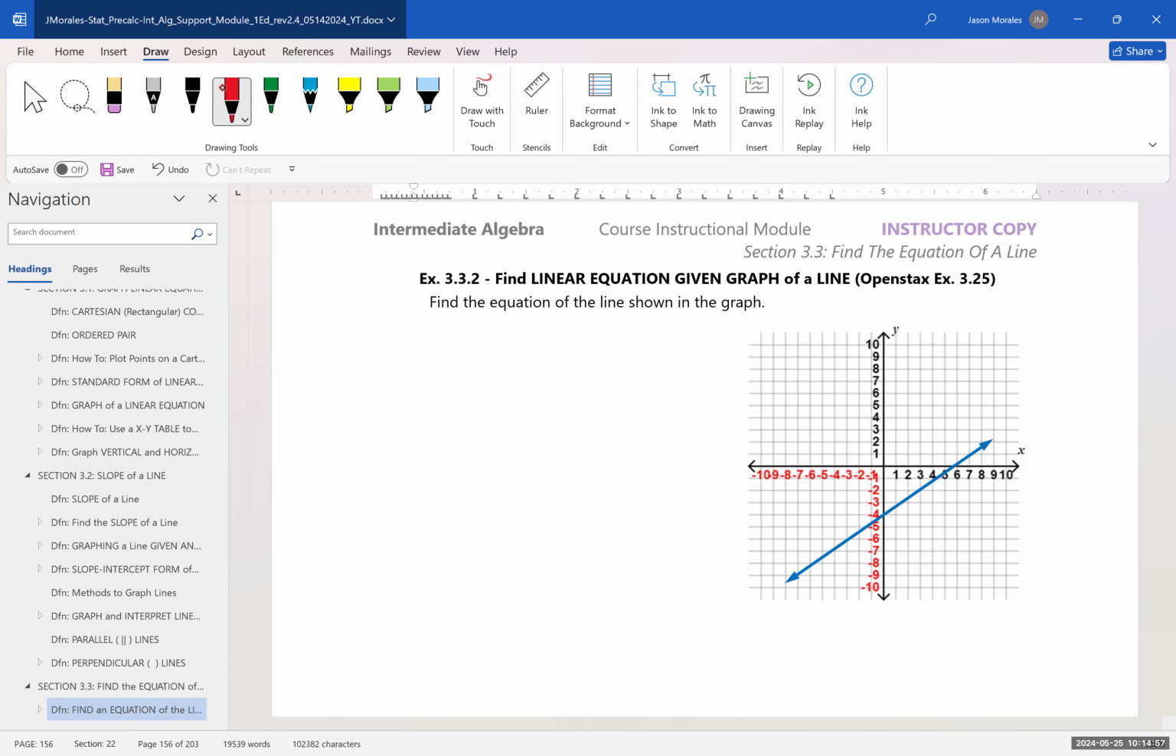Right, so next, let's look at an example of finding a linear equation given the graph of a line. Now, we've done this before, but previously when I gave you the graph of a line,